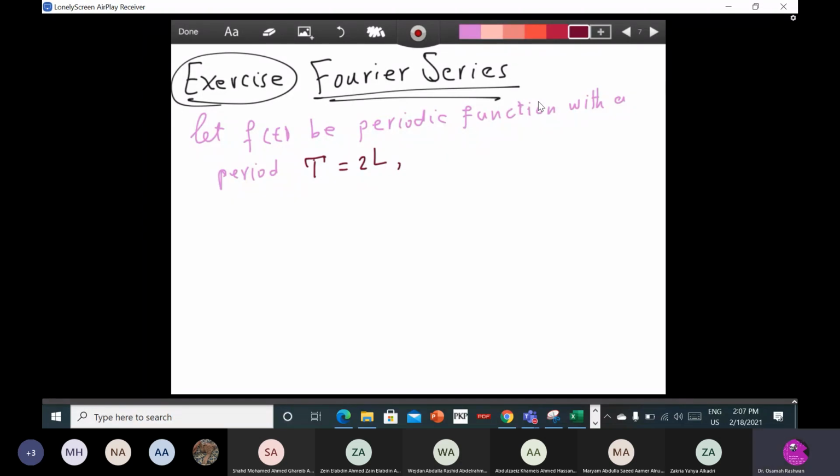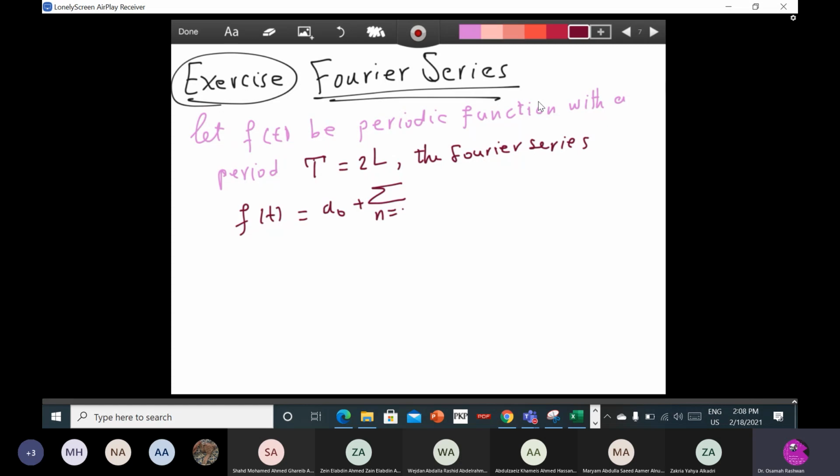The Fourier series of any function periodic with period T or 2L is equal to a naught plus summation from n equal to